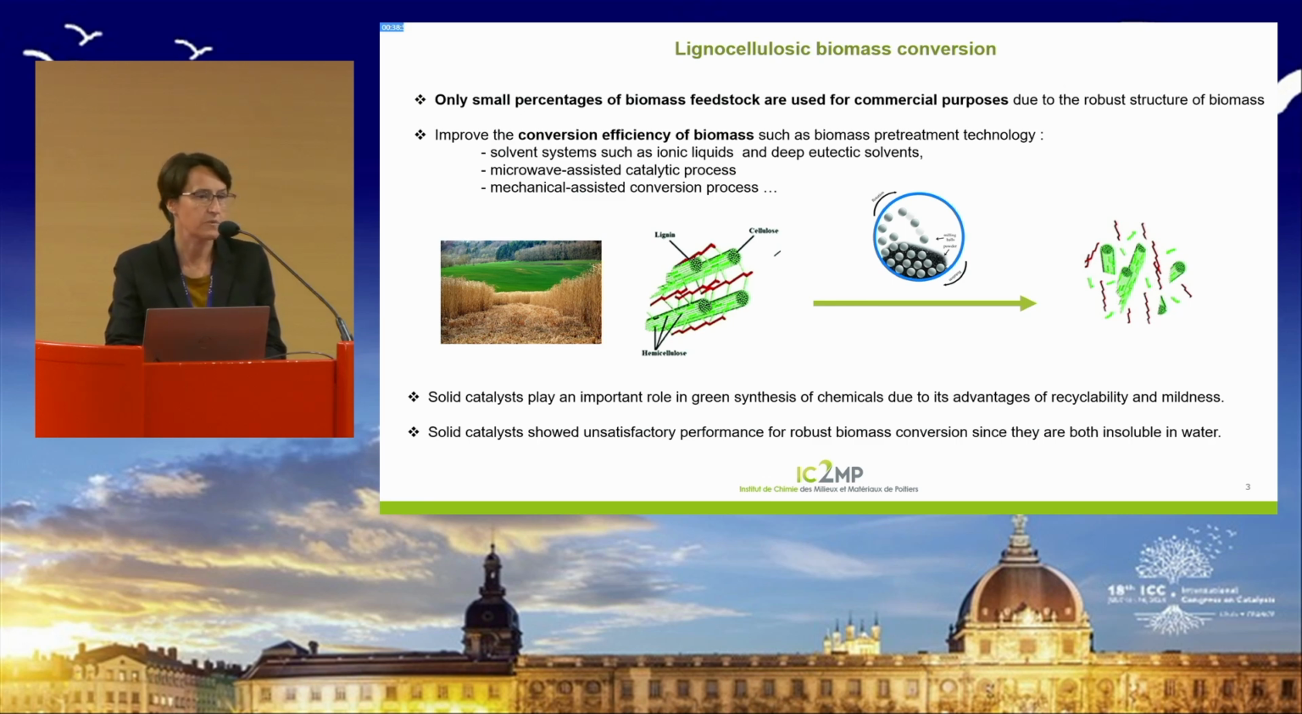And among them, we will focus today on 2 types, the deep eutectic solvent and the mechanochemistry. So here you have an example on the mechanochemistry, where you have the lignocellulosic biomass that can be fractionated to the 3 main components, lignin, cellulose, and hemicellulose, using ball milling. But if we want to use a catalyst, you have some example on enzyme, for example, but if you want